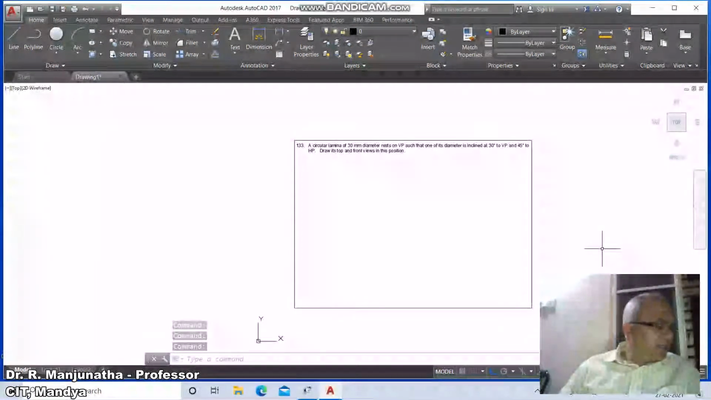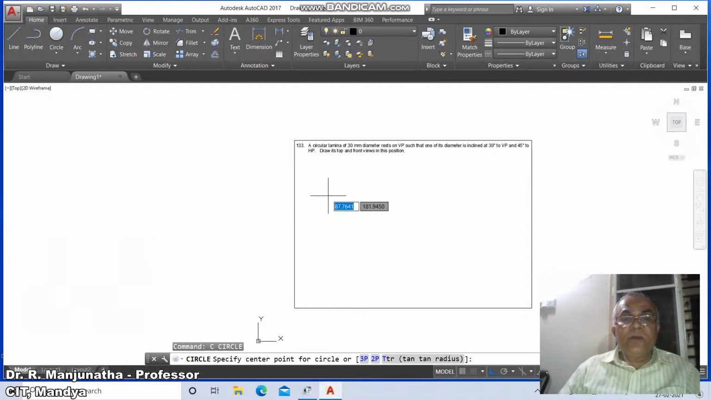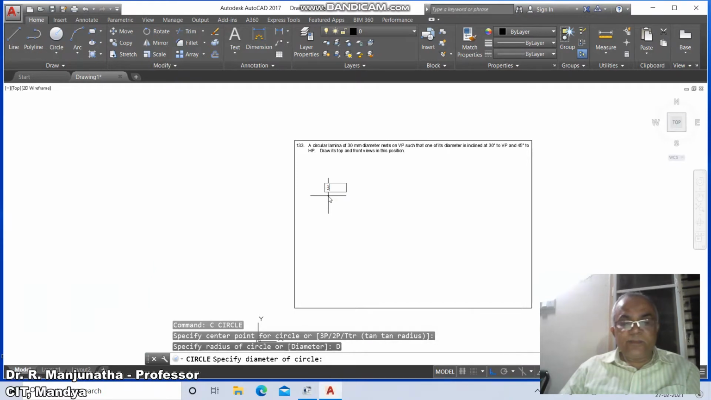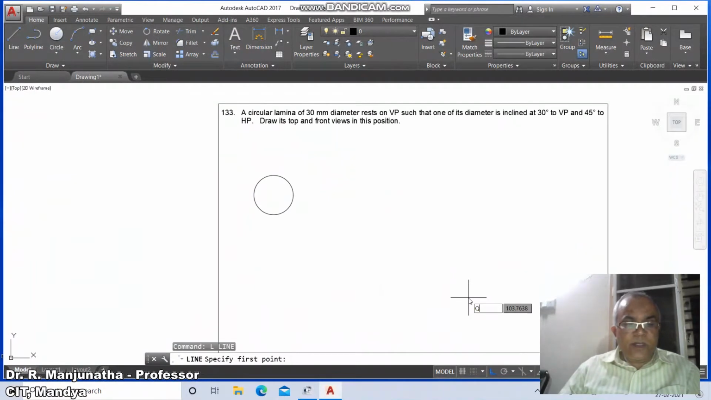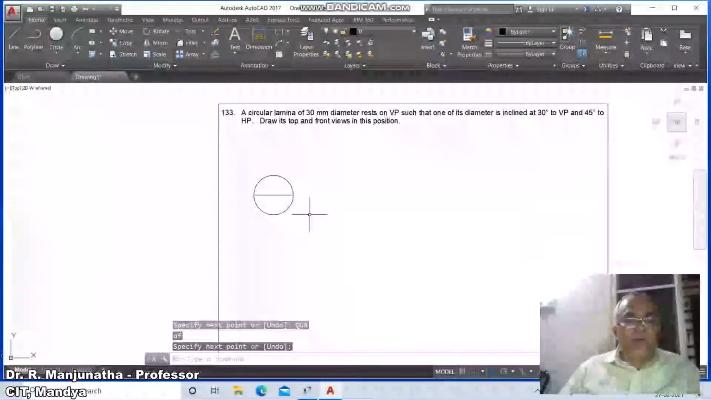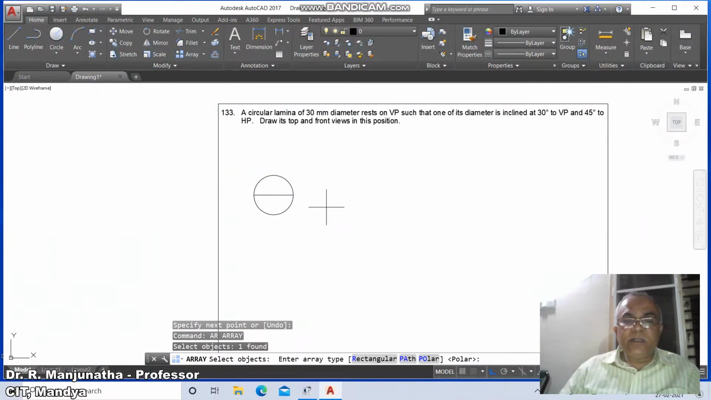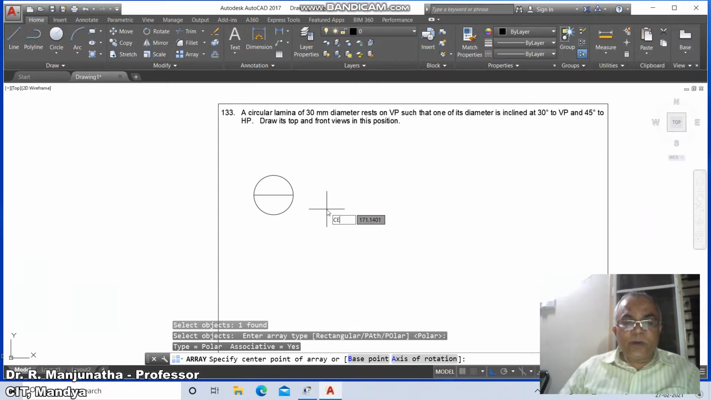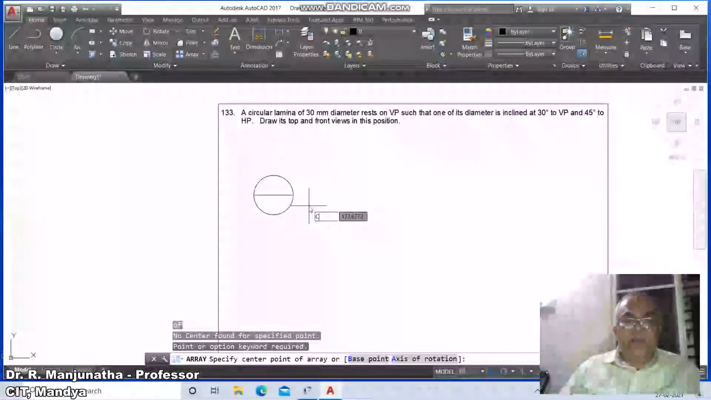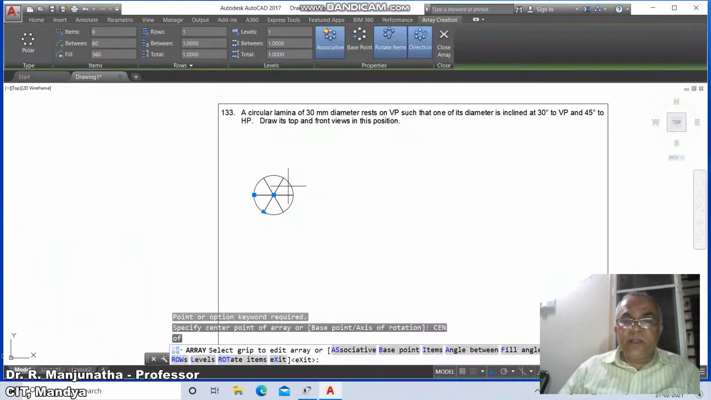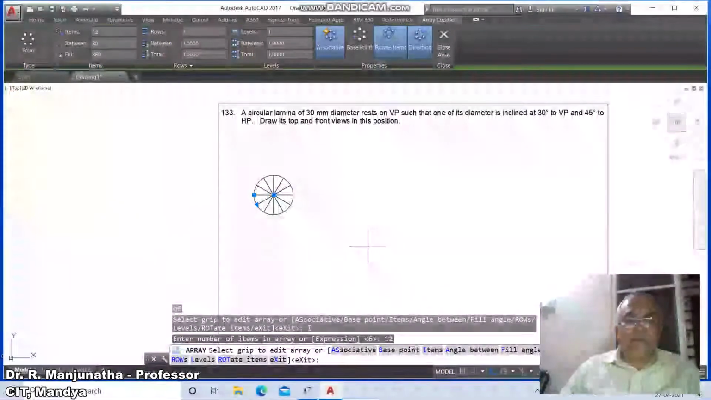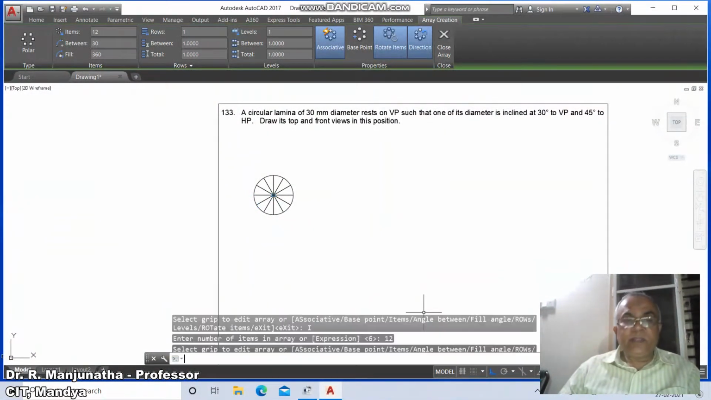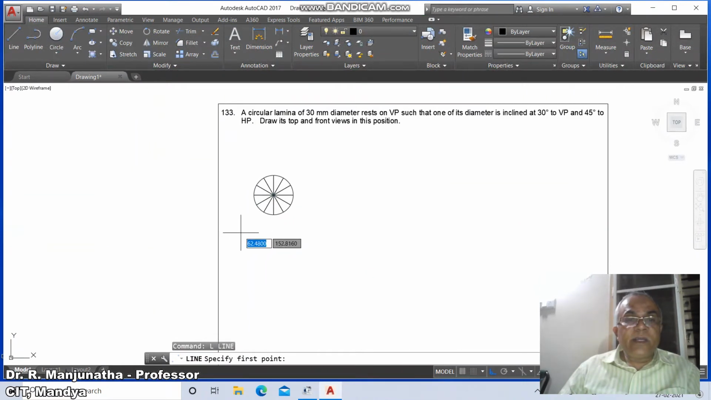Then you go to the circle command, draw a circle of diameter 30, then go to zoom window, then go to line, take the quadrant of this and the quadrant of this, then go to array, select object, select this, then go to polar, take the center point of array, take the center of this, then number of items type I, then take 12 and then enter, then go to exit, then go to line, draw a horizontal